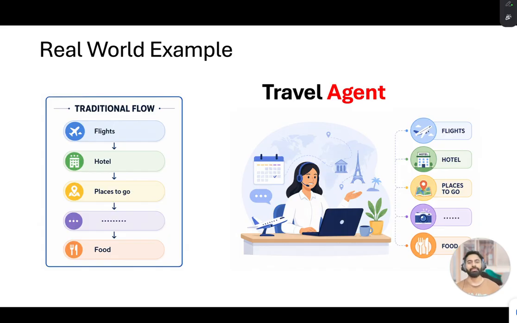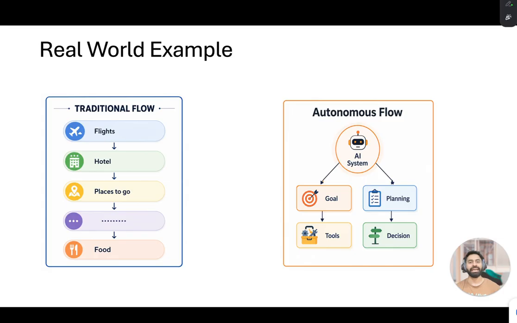So you have an AI system which can act on its own. It can plan things, execute things, and make decisions based on the goals that you have provided. The entire technology is called agentic AI, and the component in it which does all this work is called an AI agent.